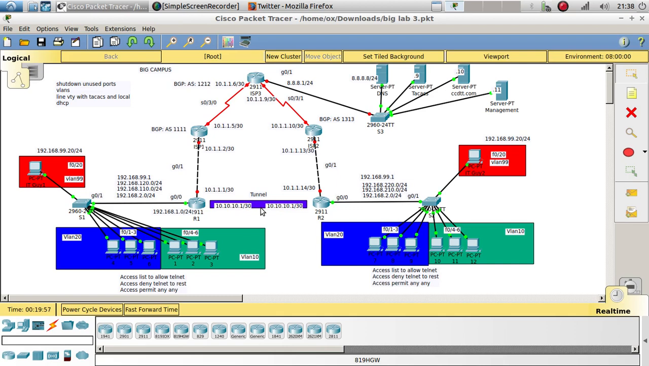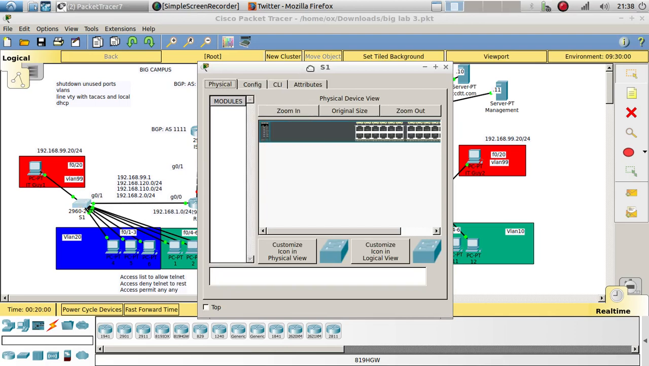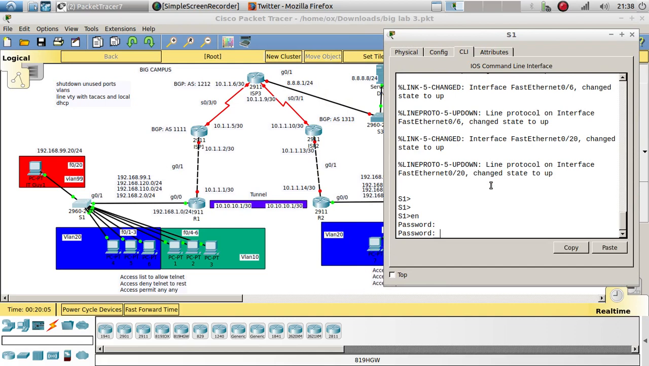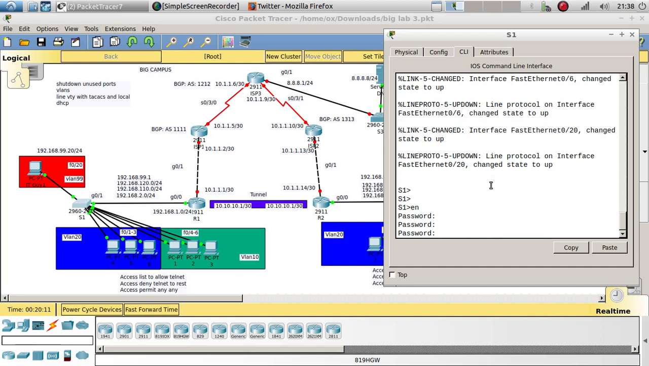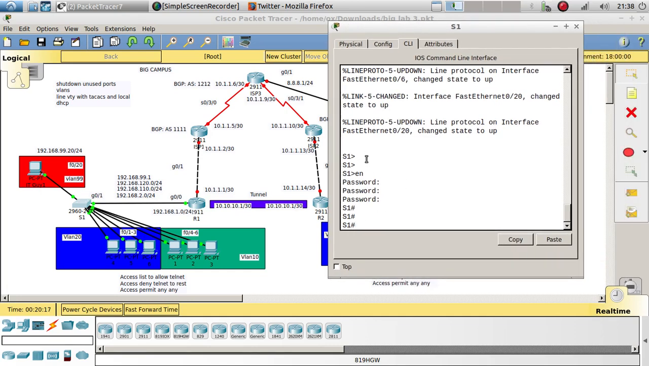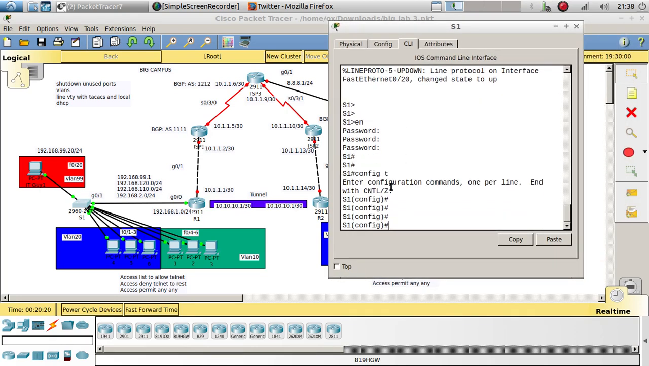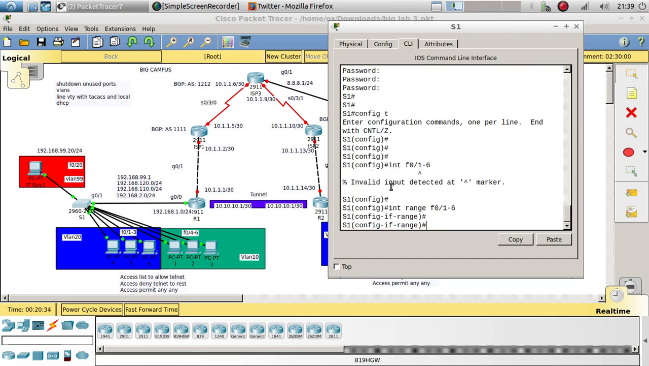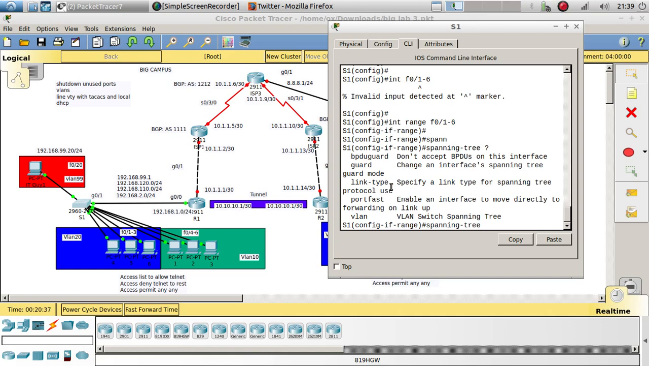And first, before I start that, I want to do a little bit of configuration on the switches. And the password I remember was admin pass. Yep, so it is admin pass for the enable password. So I want to go to config T, and I want to go to interface FastEthernet 1 through 6. We gotta do range. I always forget to do range. Here we go. And what I want to do is enable some spanning tree protocol,